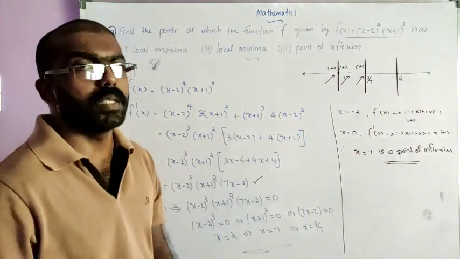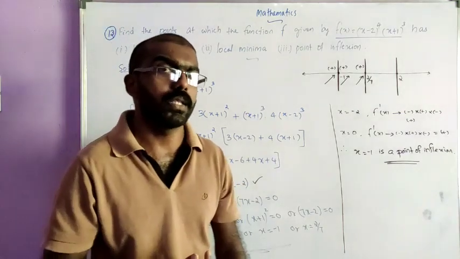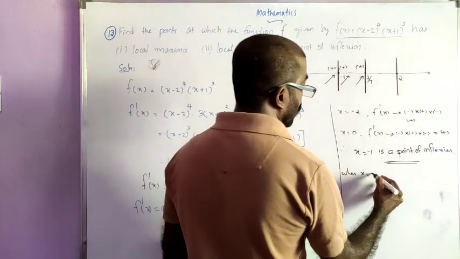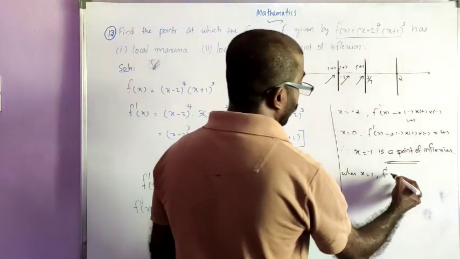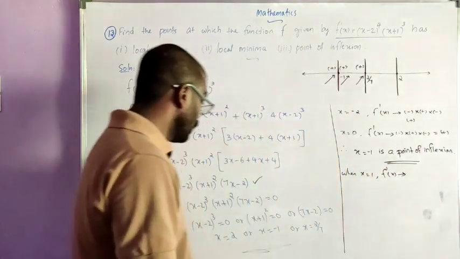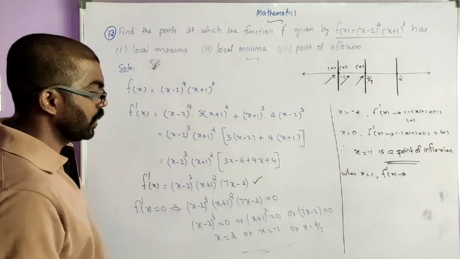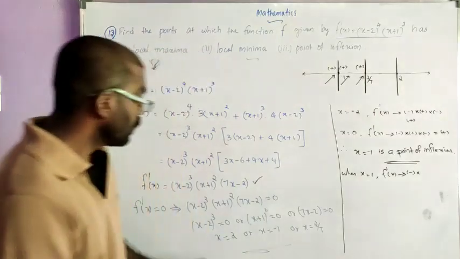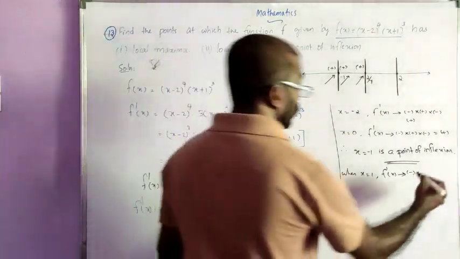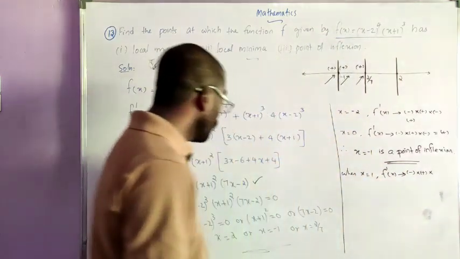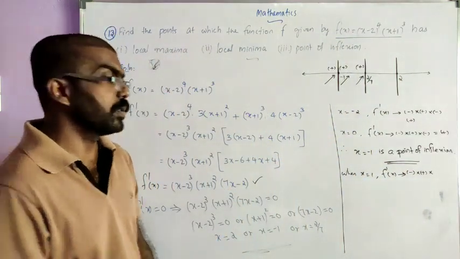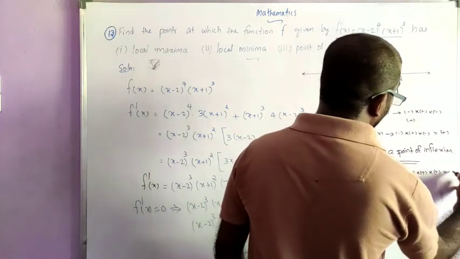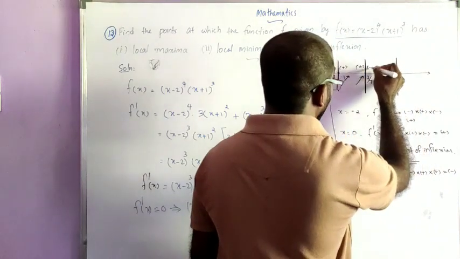And we can take the number which is sufficiently close to and to the right of 2 by 7. Let it be 1. So when x equal to 1, the sign of f dash of x we have to find. 1 minus 2 is minus 1. Minus 1 cube is again minus 1, so negative. Then 1 plus 1 the whole square is positive. 7 into 1 is 7. 7 minus 2 is 5, positive. So minus into plus, the overall sign is negative. So here we can write negative.